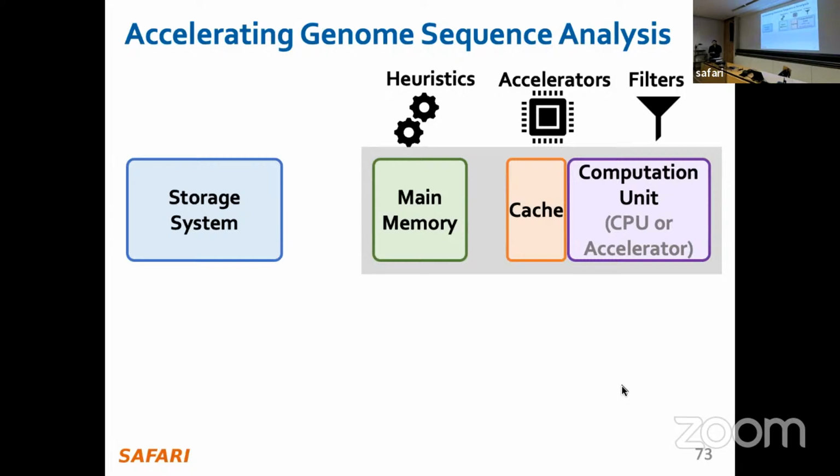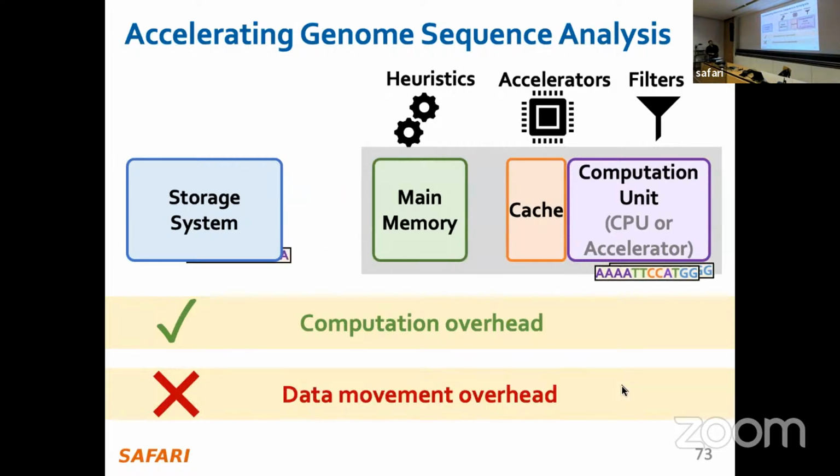So, or we design filters so that we reduce the unnecessary computation, right? This means that you mitigate the computation overhead in genome analysis. But as you reduce the computation overhead, the data movement overhead becomes more abundant. Assume previously you would be,